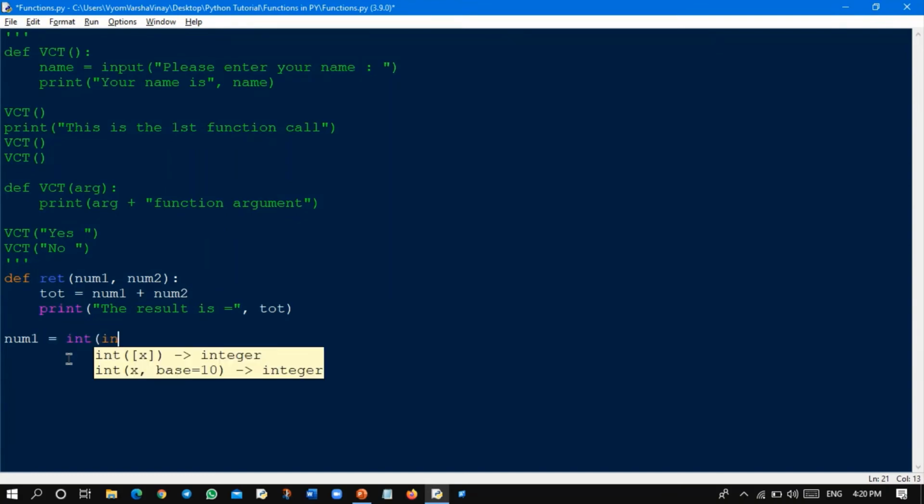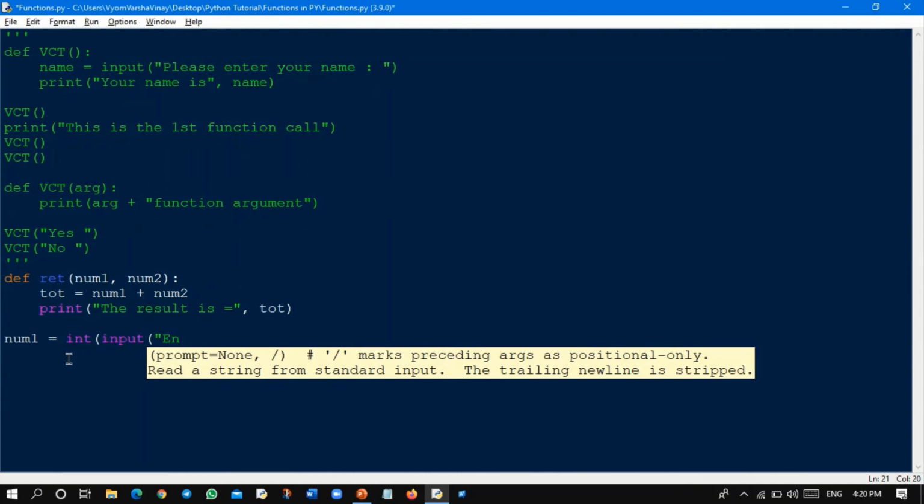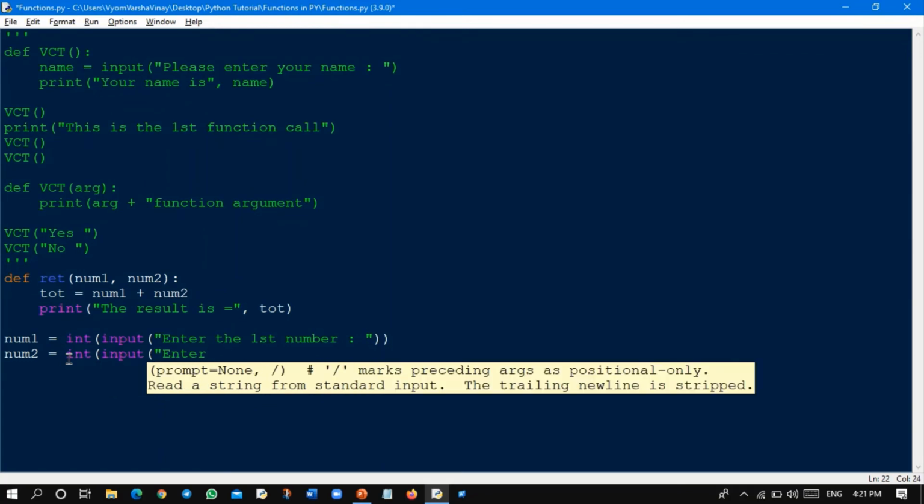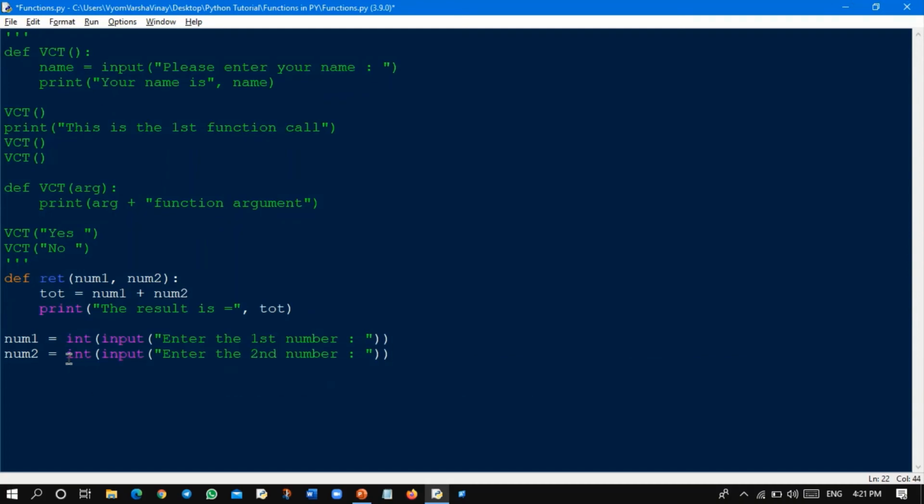Integer input, enter the first number, num2 equal to integer input, enter the second number, and after that let's just do a normal function call ret